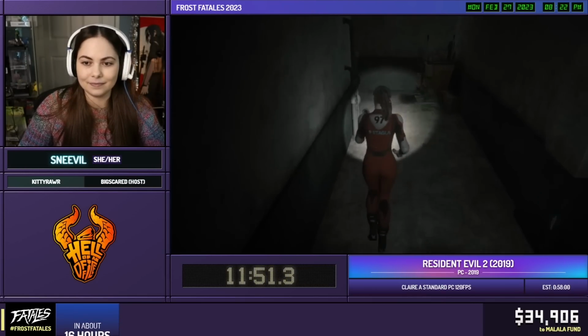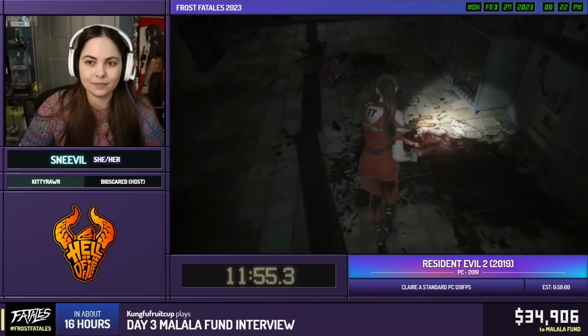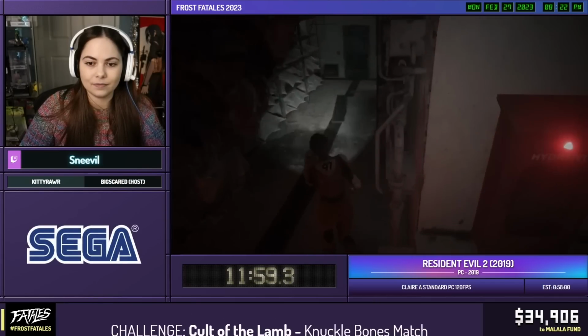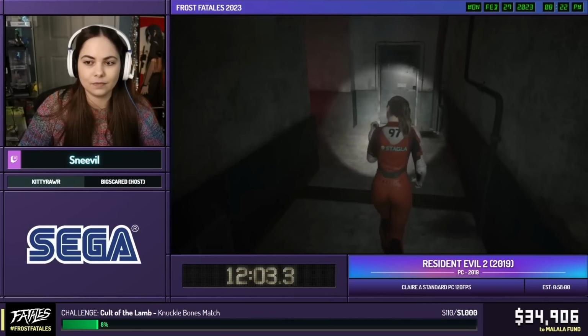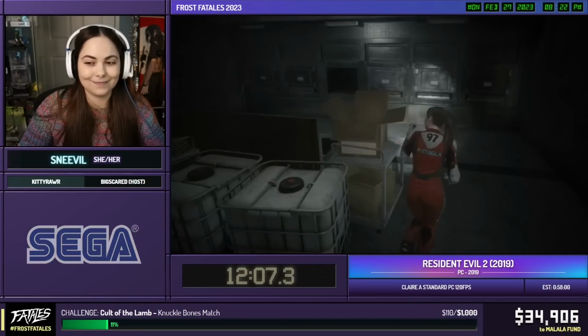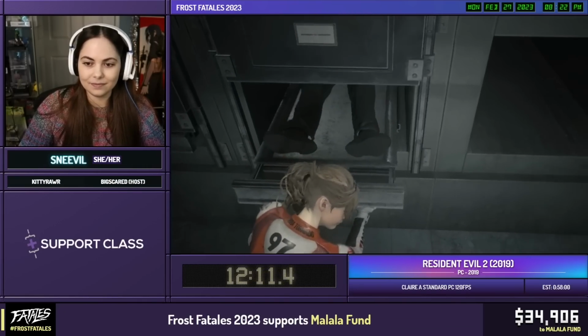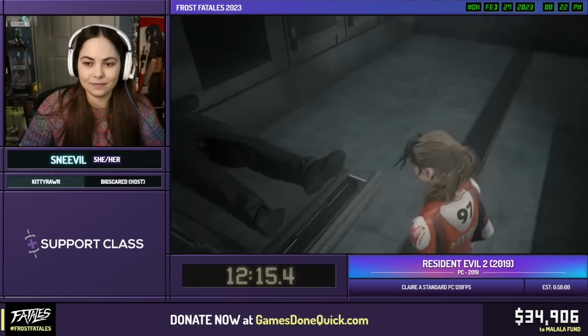So basically, in this room coming up, there will be 2 lickers, and Sneevil will pretty much run right past them because they're pretty slow. As long as you're going really, really fast and just zooming through, they won't hit you. It's going back that is the big issue because they just get really aggro. But sometimes there can be RNG,